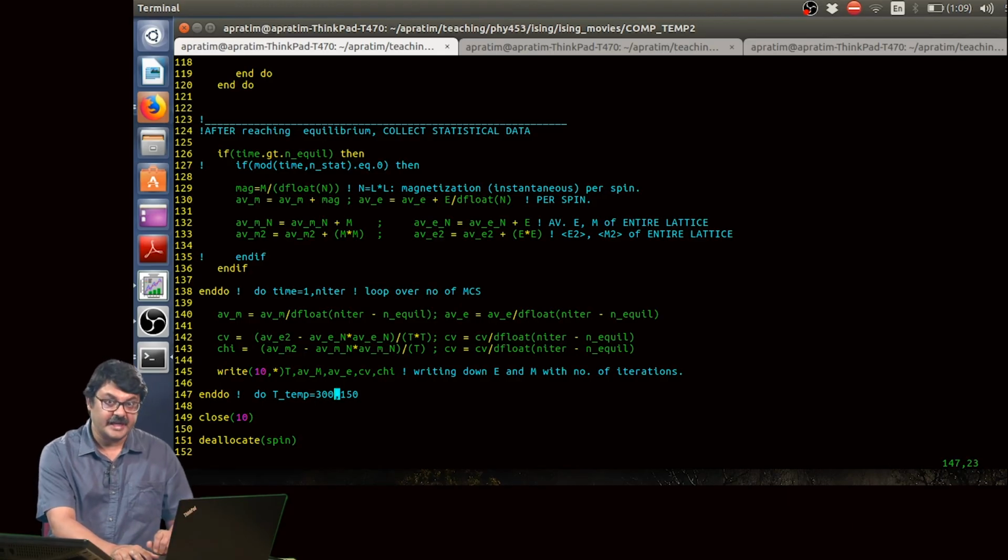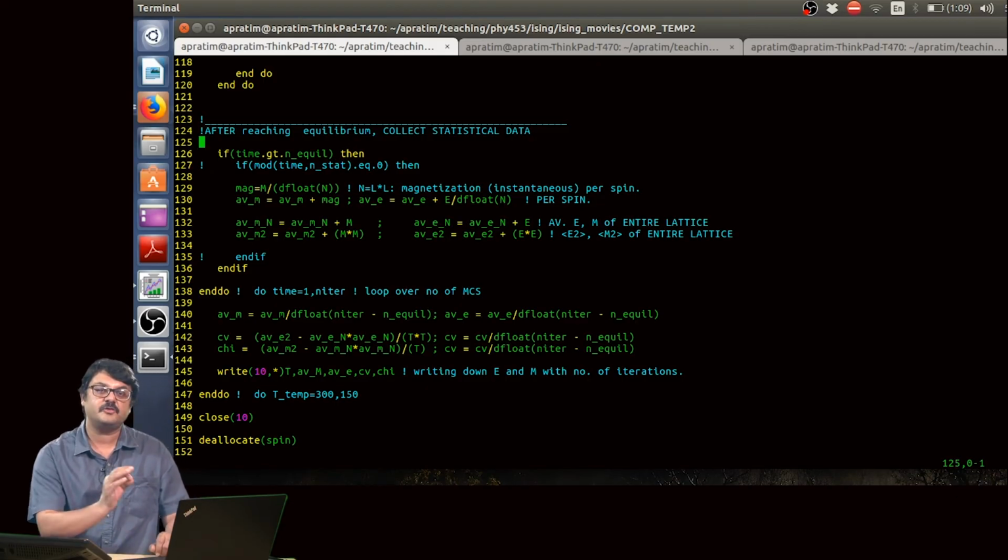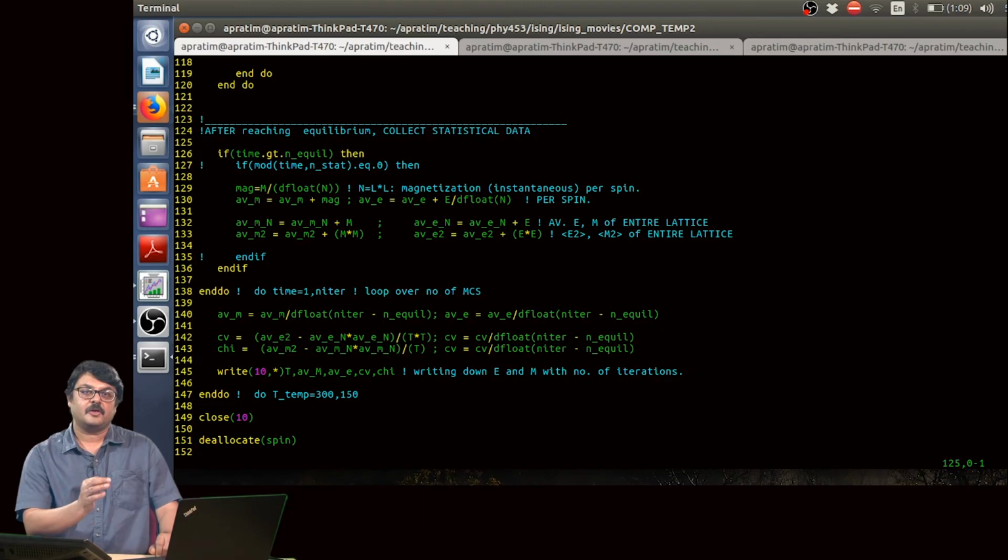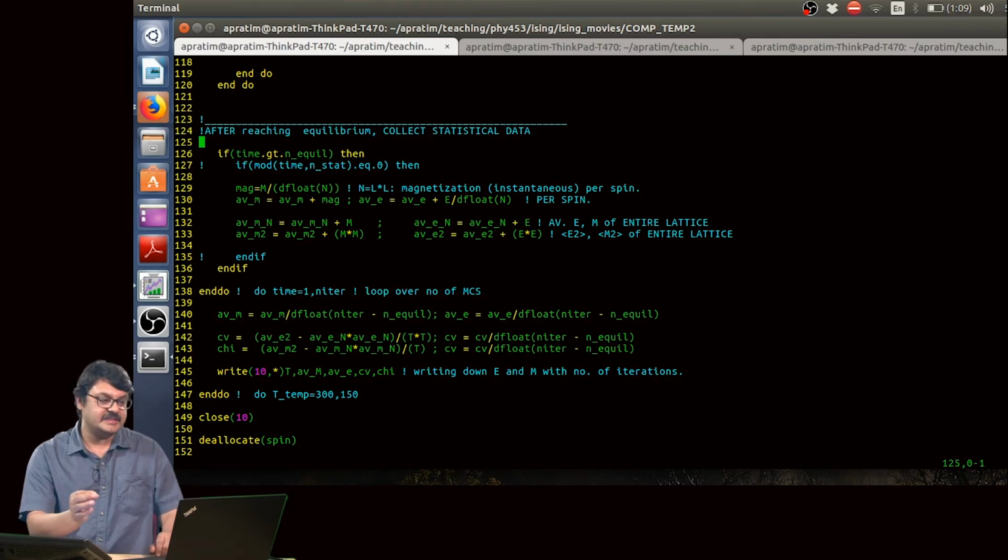Now, one more thing, as I told you when we were working on the screen, is that at each temperature you have to allow for the system to reach equilibrium.